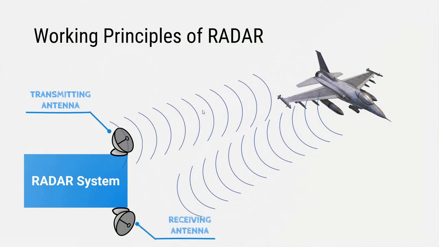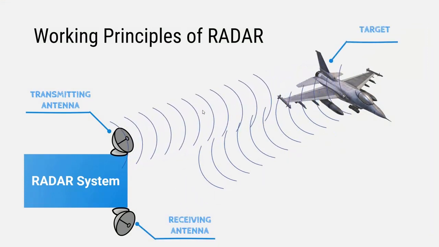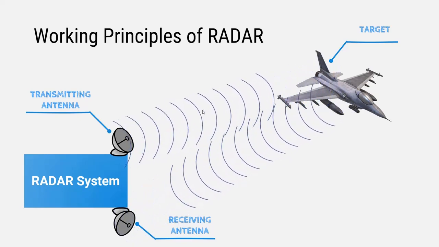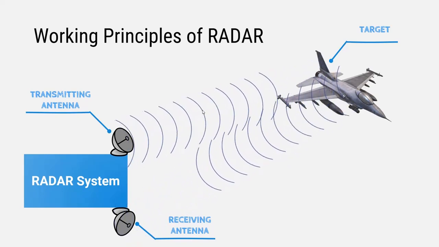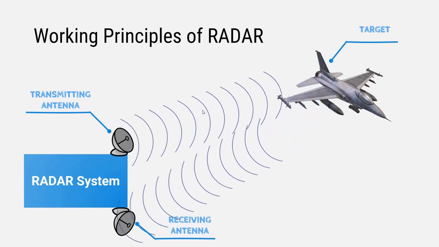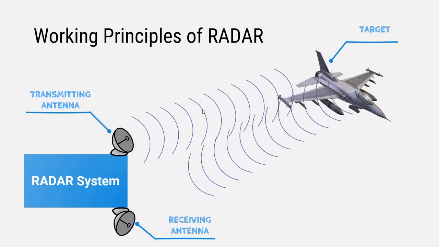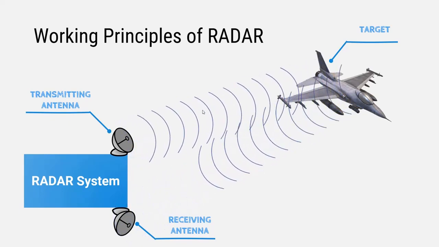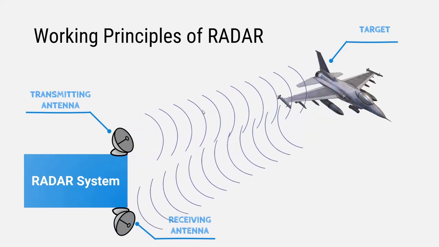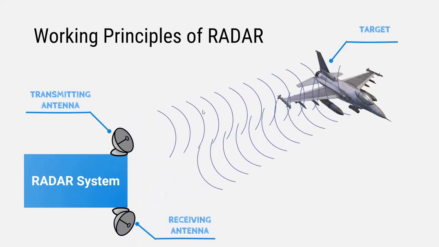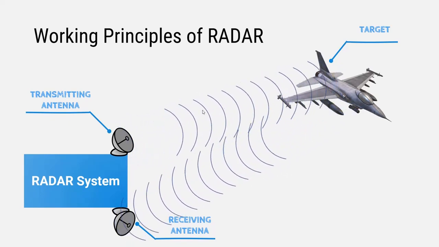A radar system contains two antennas, one for transmitting and one for receiving. The transmitting antenna is going to emit microwaves or radio waves continuously into airspace, and if any object or any target enters into the atmosphere, the radio waves are going to be reflected by the target. So that reflected radio waves are going to be captured by the receiving antenna which is present in the radar